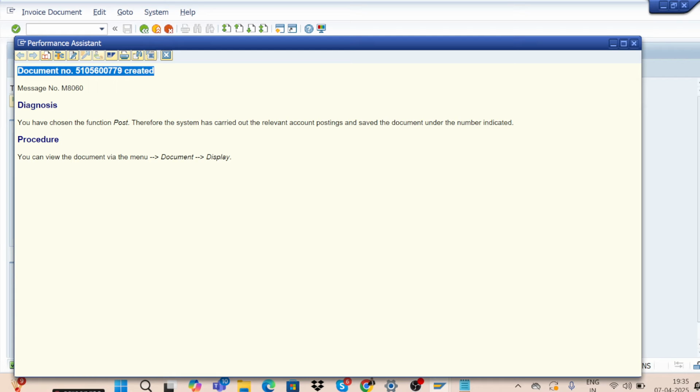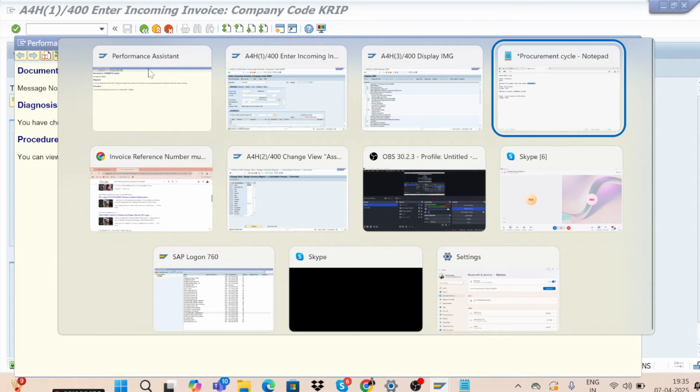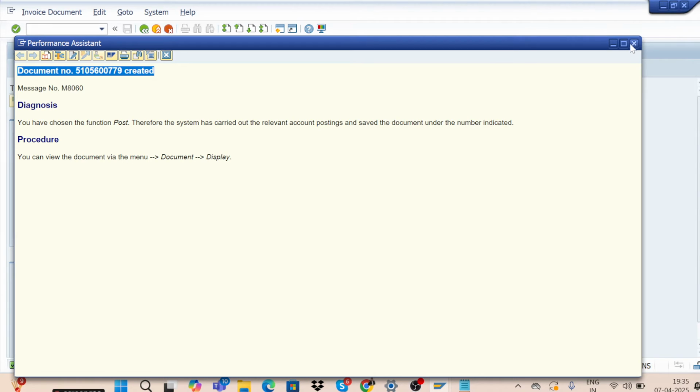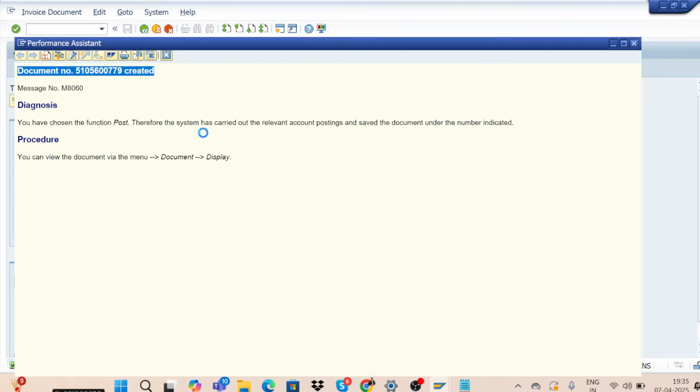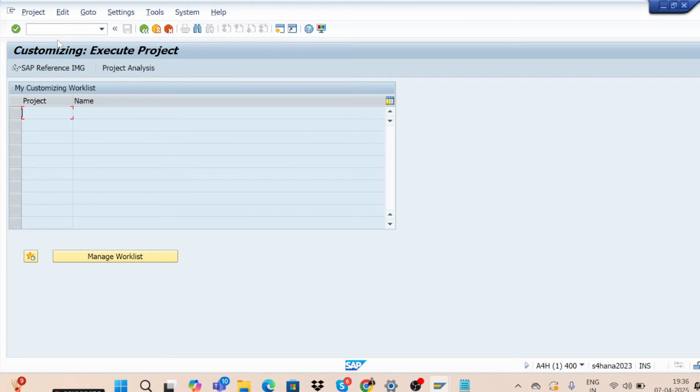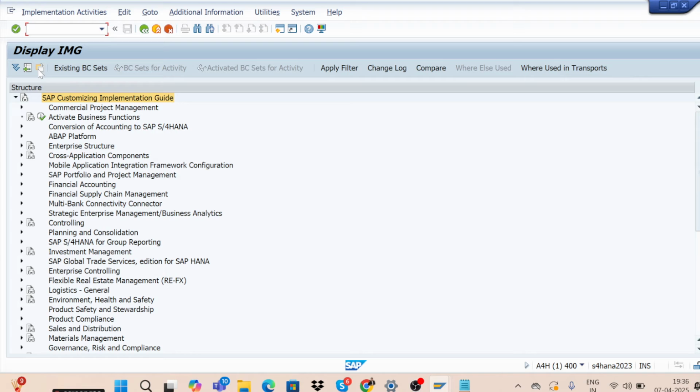Let me paste it here, and let me tell you how you can create that business place. In the S4 system it's mandatory, but in ECC this is not mandatory, that business place. This is created by the FICO consultant, but let me tell you how to do that. So just go to SPRO, go to IMG,